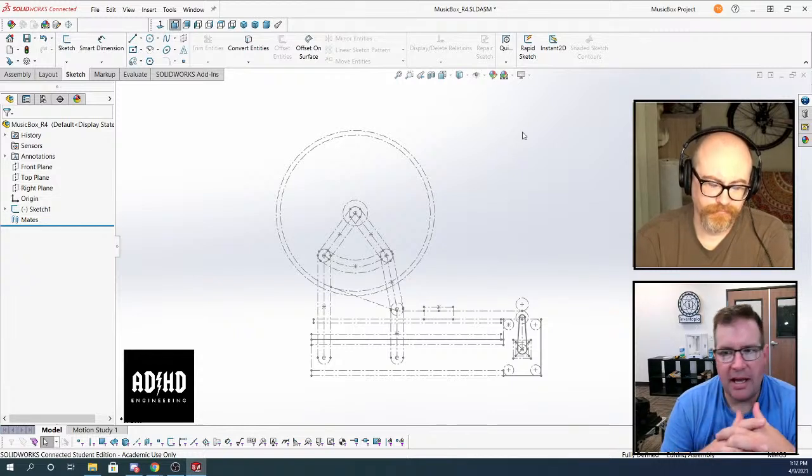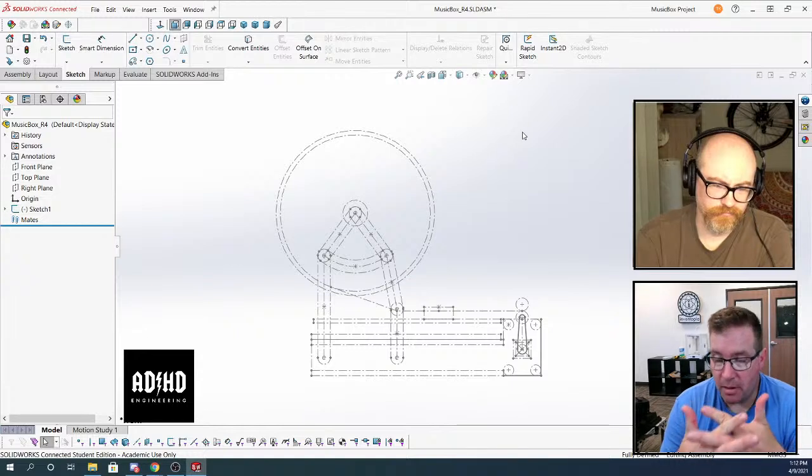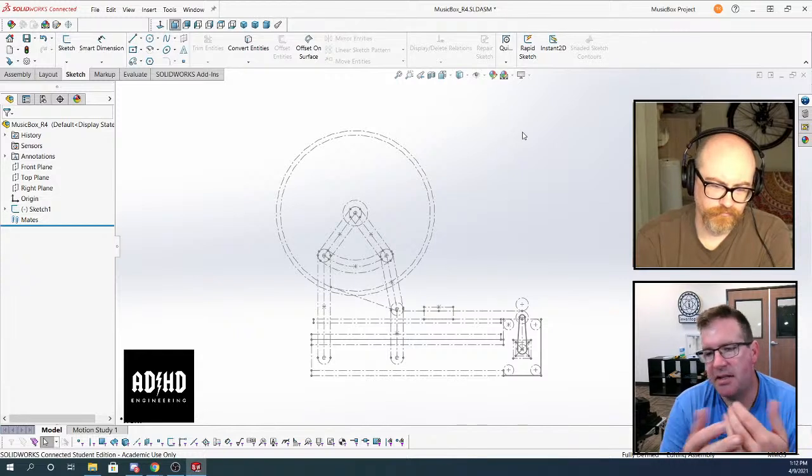Right. Doing that in SolidWorks is so much different than doing it in Fusion, right? Because there is this level of comfort that Martin has with Fusion, and I do think he's worried that if we move this project to SolidWorks, he's not going to understand it, he's not going to be able to access it.